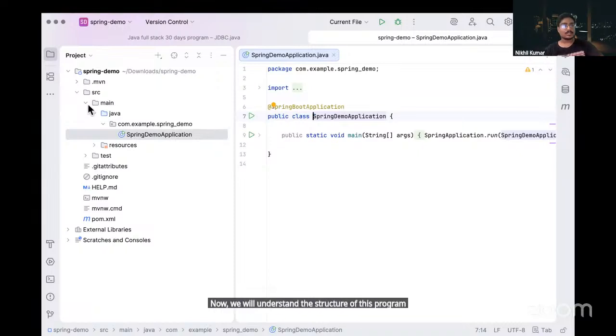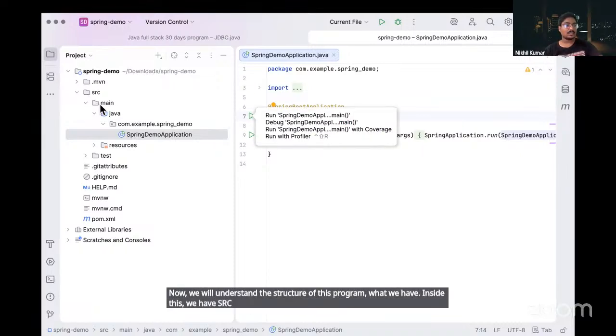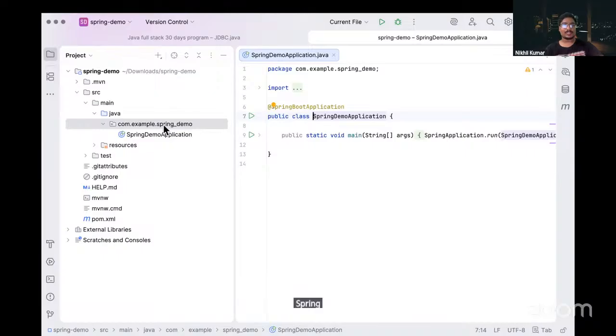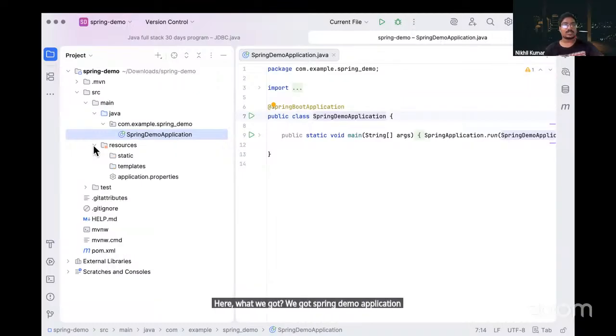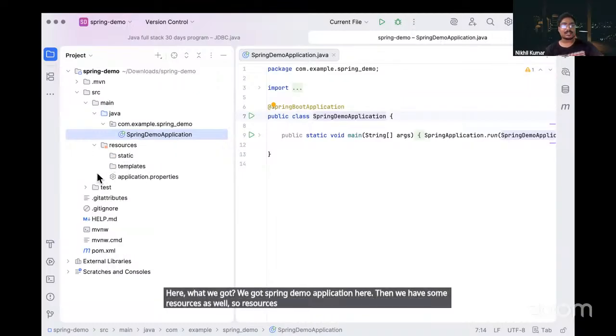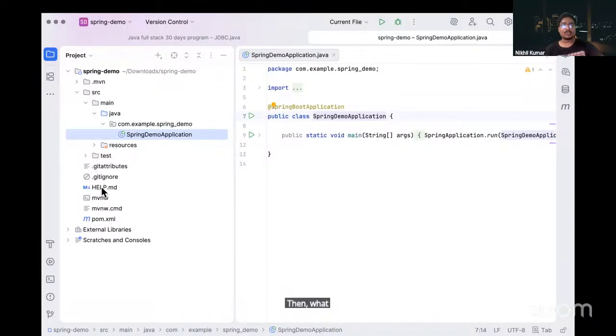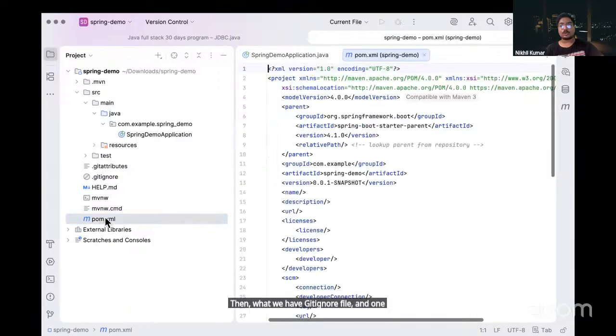We have src, then main, then Java, then the package name we have selected, Spring demo, and after that we got the Spring demo application. Then we have some resources as well. Resources have some files like static, templates, application.properties. We will understand about it later. Then we have the .gitignore file, and one is the pom.xml file.